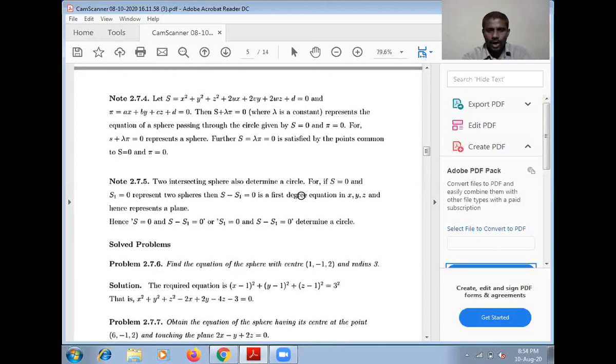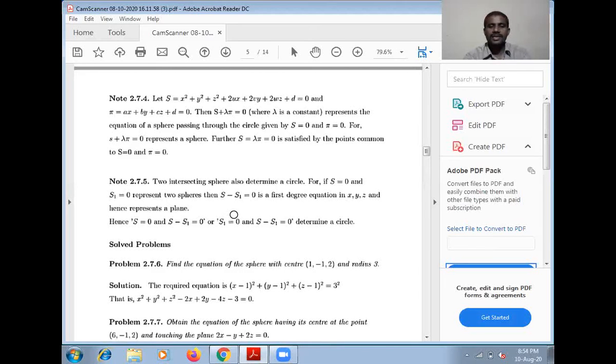రెండు గోళాలు కూడా ఛేదించుకున్నప్పుడు మనకు ఒక వృత్తం ఏర్పడుతుంది. If S equal to 0 and S1 equal to 0 represents two spheres, If S equal to 0 మరియు S1 equal to 0 రెండు గోళాలను సూచిస్తే